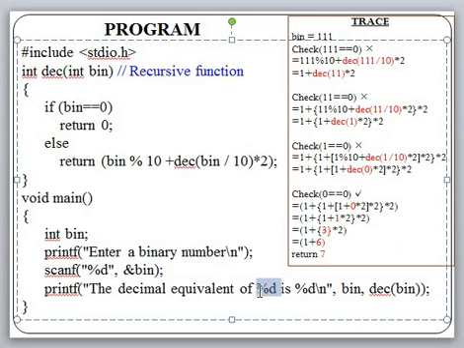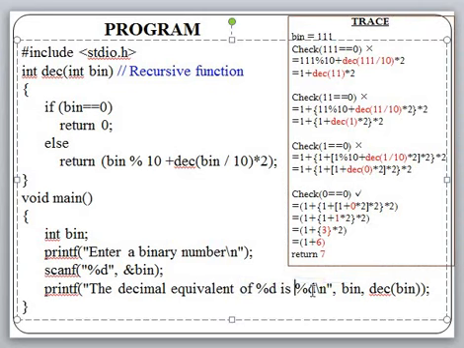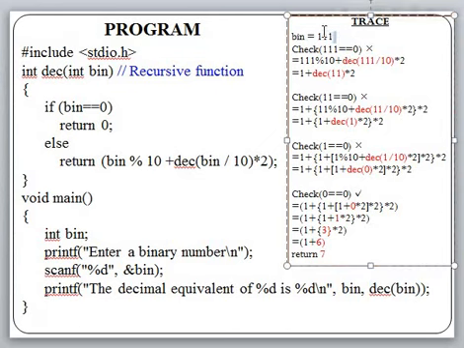What is this %d? %d is nothing but bin. The bin we considered in our process is 111. So the decimal equivalent of 111 is this %d. What is this %d? This %d is nothing but a function call. Here, DEC is the name of the function. You can observe it here. This is the name of the function, and followed by it, in brackets, you have a parameter, that is bin. So you are sending the bin value, which right now in our process is 111.